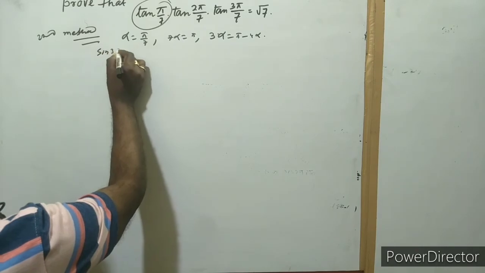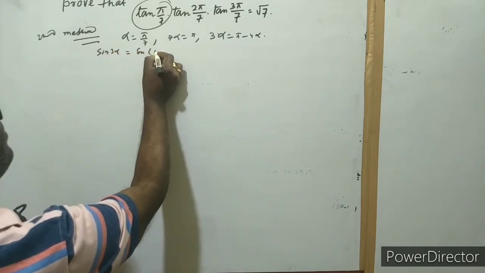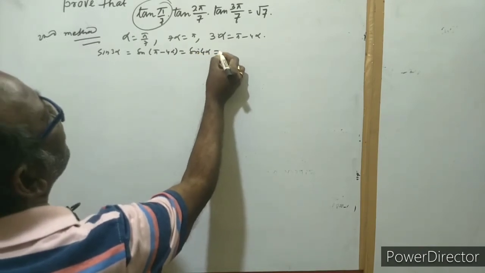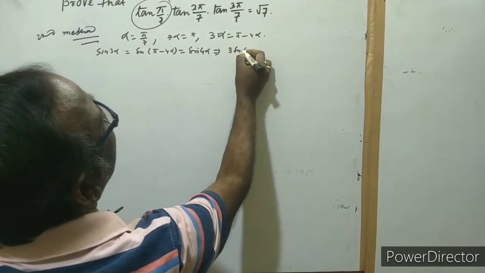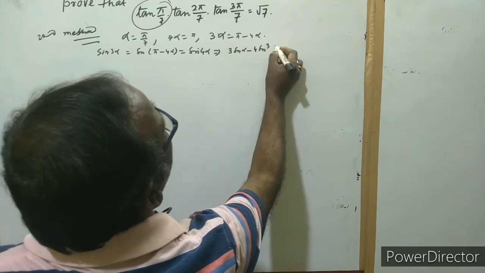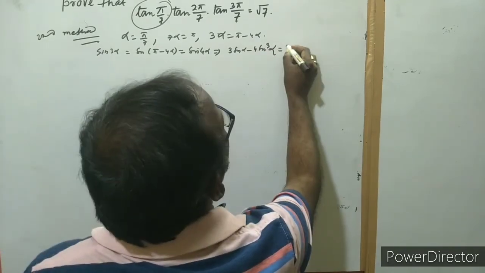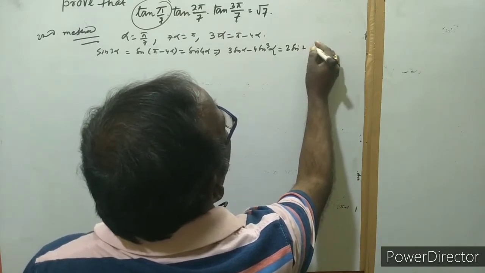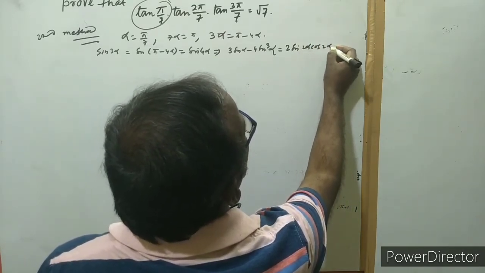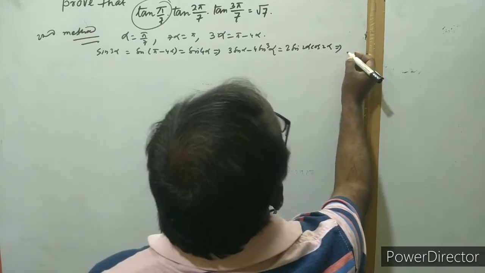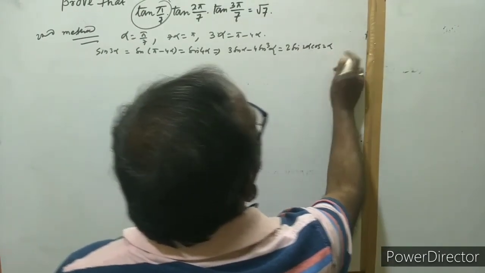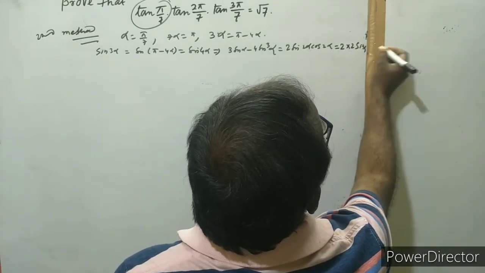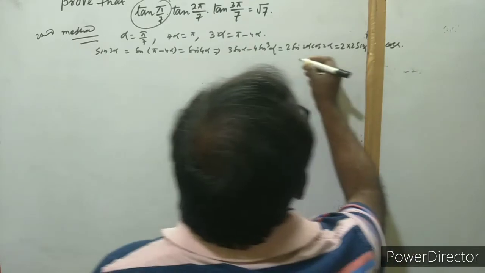Now this is 3 alpha and sine of pi minus 4 alpha, and this is sine 4 alpha, implies that 3 sine alpha minus 4 sine cube alpha, and this is here 2 sine 2 alpha and cos 2 alpha, and this is equal to 2 into 2 sine alpha into cos alpha